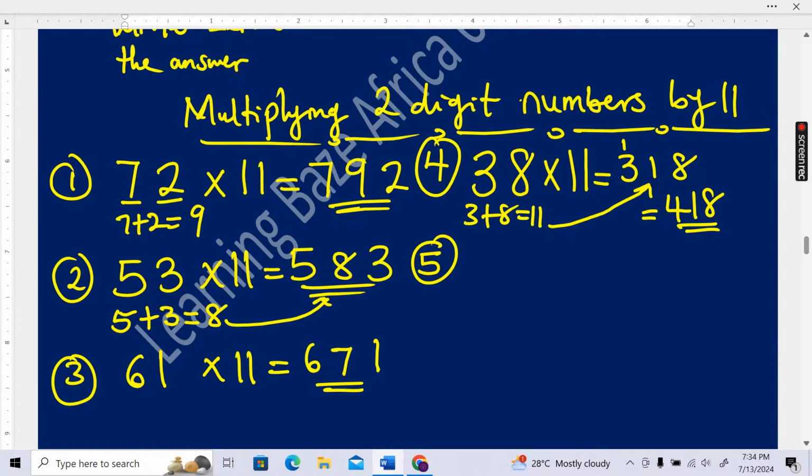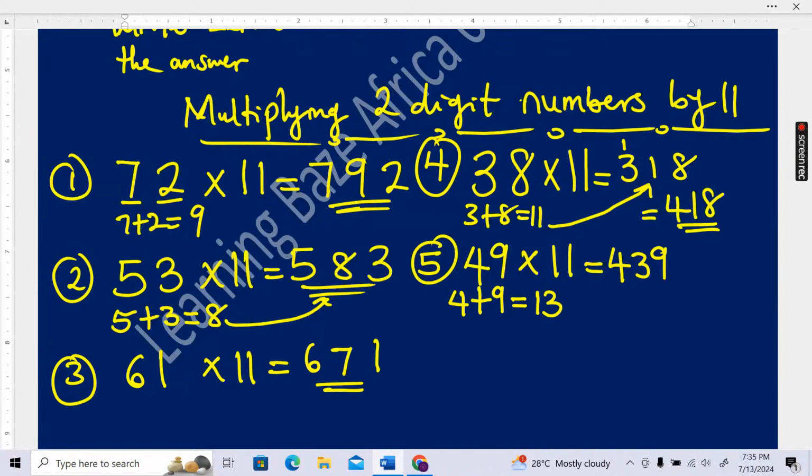Now the next one. What is 49 times 11? We're going to separate 4 and 9. That is, give a space in between 4 and 9. Then let's add 4 and 9 together. 4 plus 9 is equal to 13. Let's write 3 at the middle and carry 1 over. Don't forget that I am not writing 13 at the middle. Write only 3 and carry 1 over. All right, so that will be equal to 1 plus 4, that is 5. So the answer is